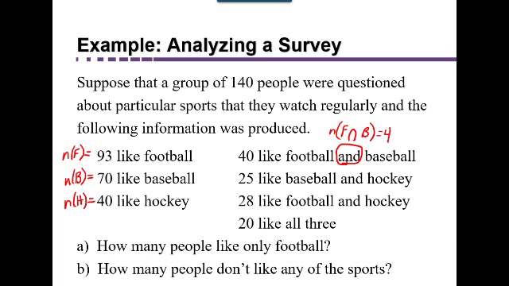The next one, 25 like baseball and hockey, so they're telling us the number who like baseball and hockey is 25. On the next one, they're telling us the number who like football and hockey is 28. And then the number who like all three, so it's the intersection of football and hockey and baseball, is 20. We're going to use these facts in order to build a Venn diagram, and then we're going to use our Venn diagram to answer the question, how many people